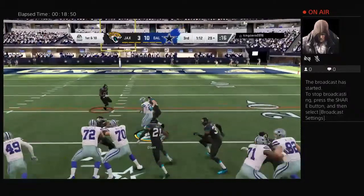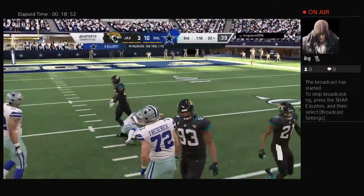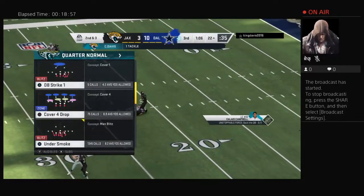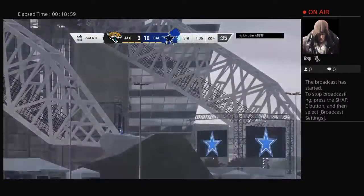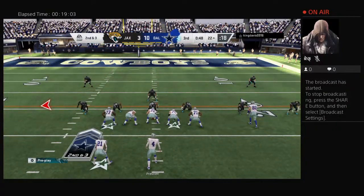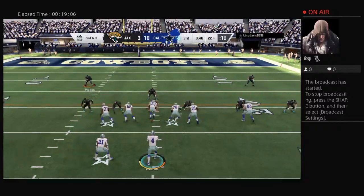A first down carry by Elliott. Down to about the 22 here. It's a 7-yard carry to set them up with a 2nd and 3. Despite the blitz, they're still able to pick up a nice solid gain. The disadvantage of blitzing often alters the normal spacing and run fits and leaves creases like they were able to